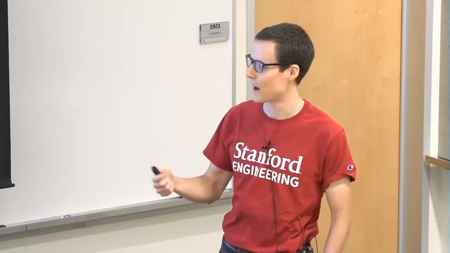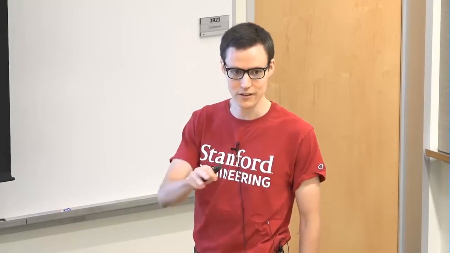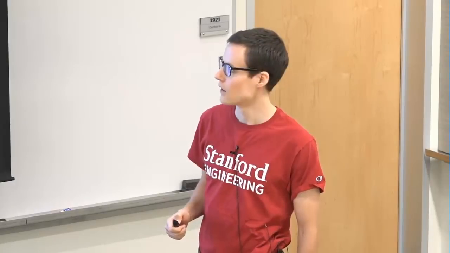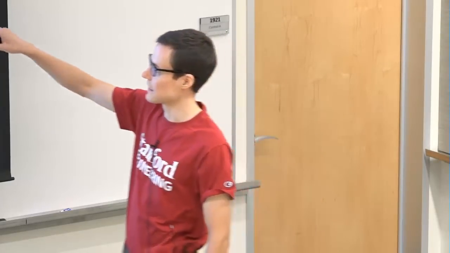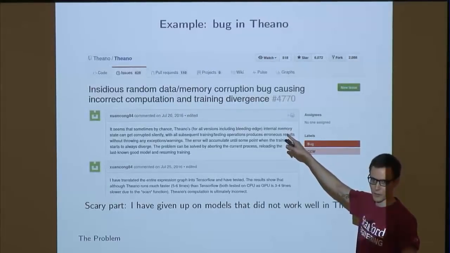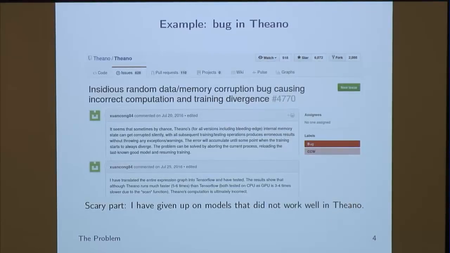There are so many other possible reasons a system can fail that I really don't know whether the model was really at fault. Yeah? Sorry, memory corruption bug? What kind of bug was it at the end? They don't know. They don't know? Because, I mean, we have had memory corruption bugs in software for the last 30 years. That's not a new problem. No, there are lots of tools to find memory corruption. That is just the poster's guess for what it was. Okay. The developers have no idea whether it was a memory corruption bug or not.